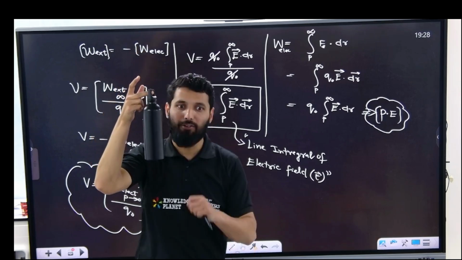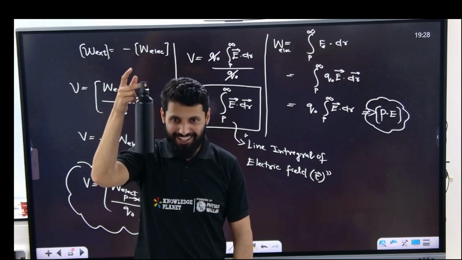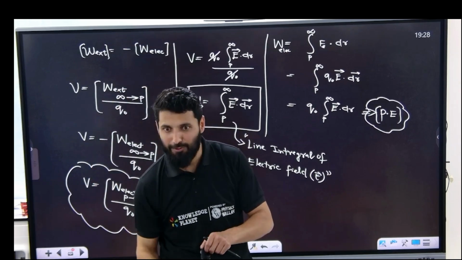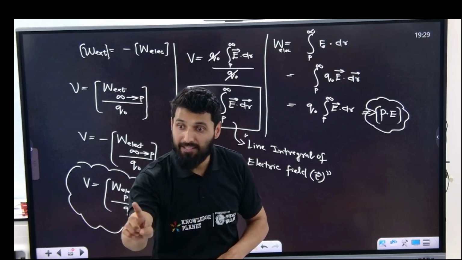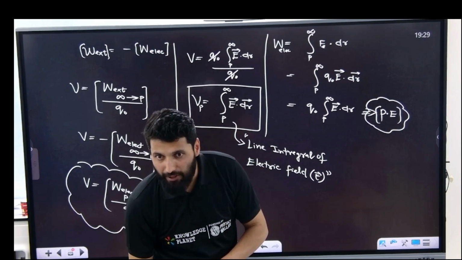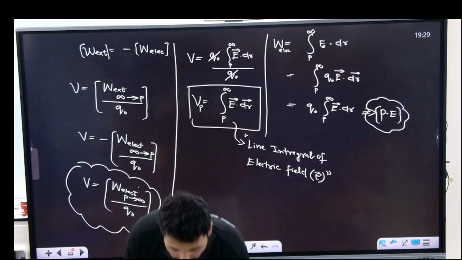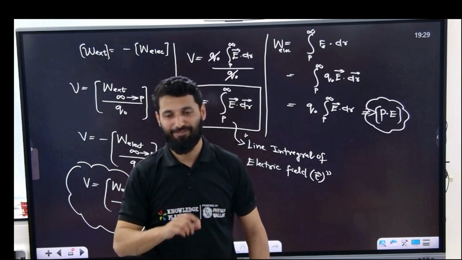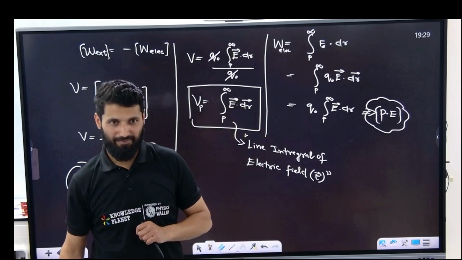This work can be basically made to do. Yes or no? Once I release it, midway, I lost potential also. Work done is still 50 joules. 25 will be kinetic and 25 will be potential in the middle here. Here, kinetic will be 50 and potential will be 0. Similar thing here also. Clear?